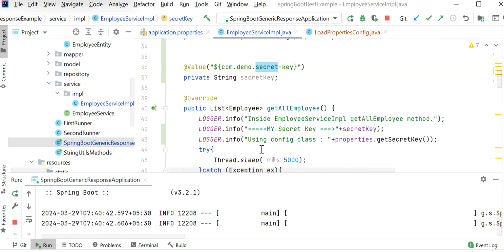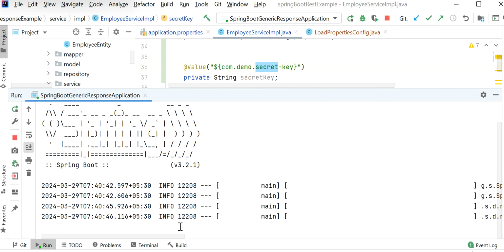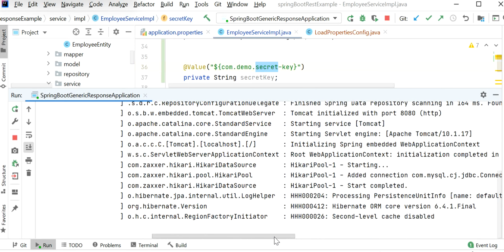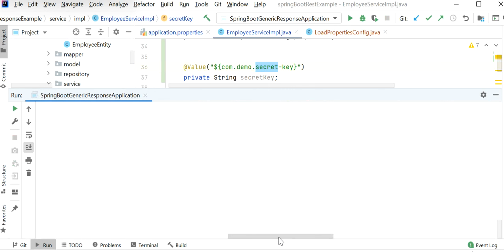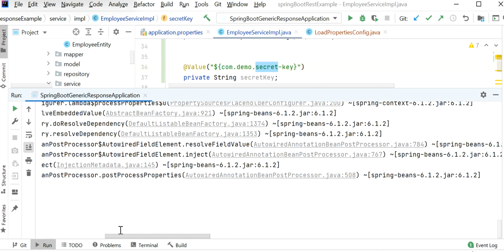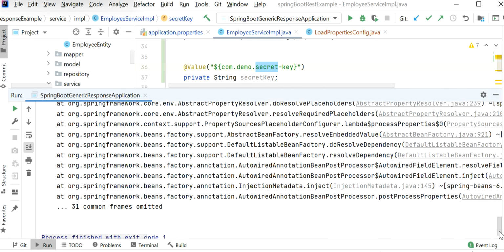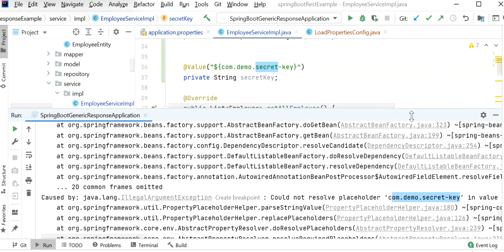We will get an issue due to this. Here we can check the logs on the console. Our application has not started because in the application.properties file we are not able to find this placeholder com.demo.secretKey. Could not resolve this placeholder.